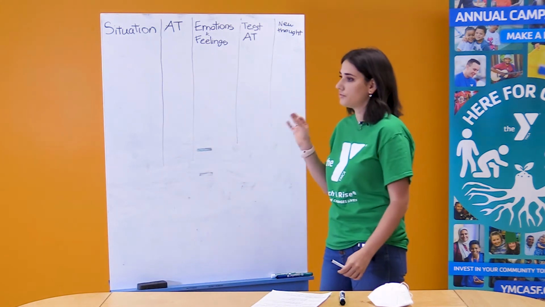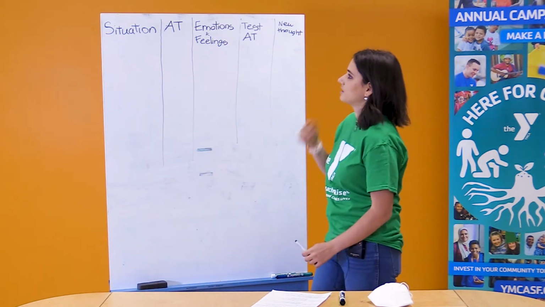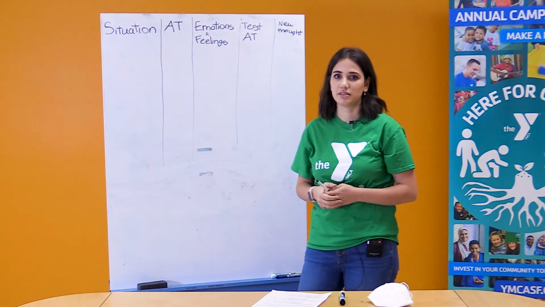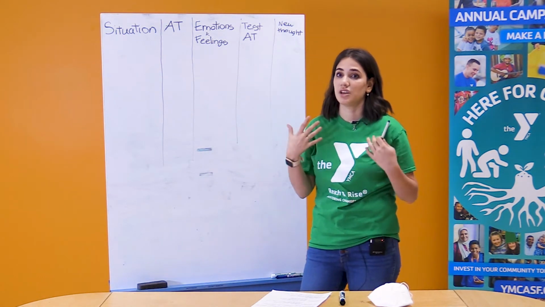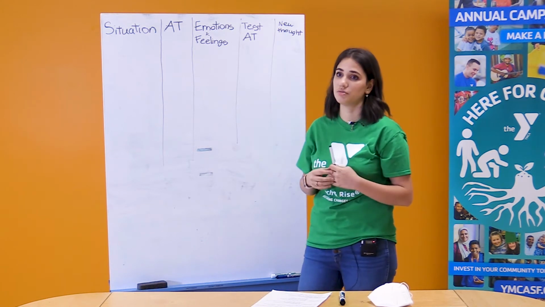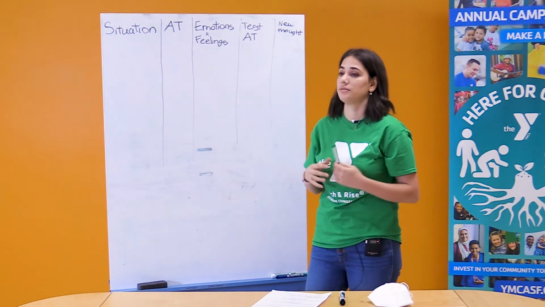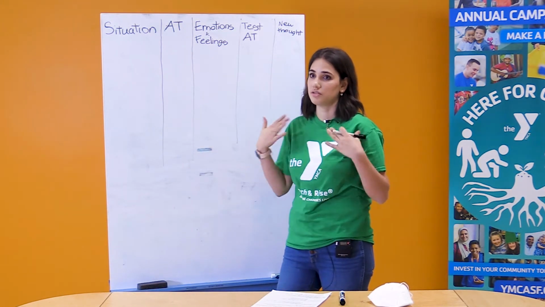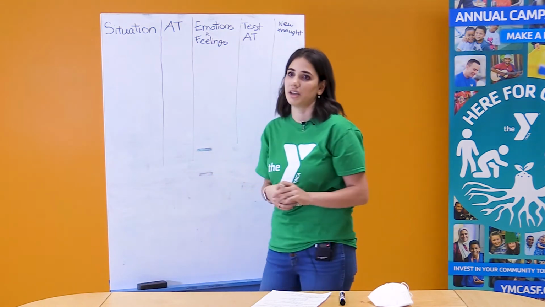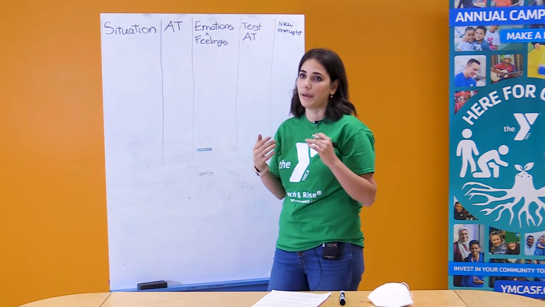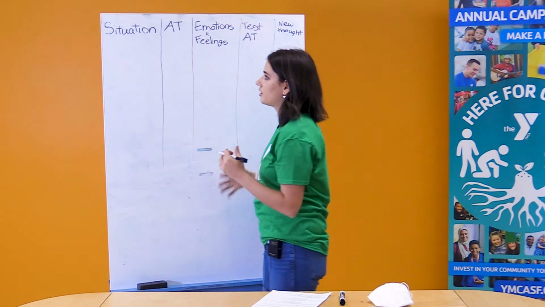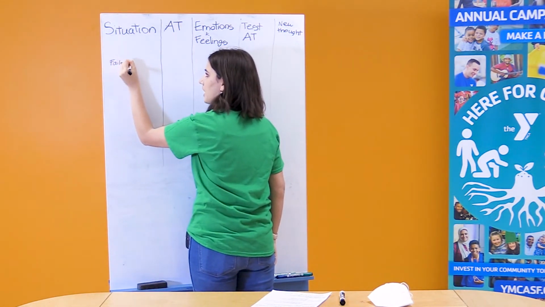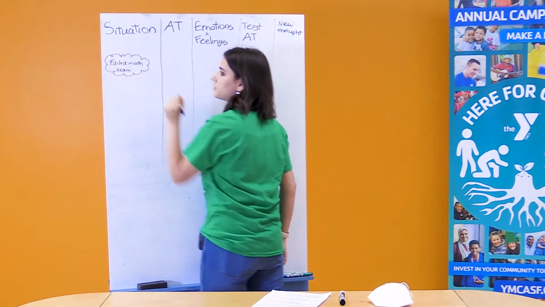Here I have the table, and first of all, you need to fill it out from left to right, and you need to fill out every piece of information on it. First, the situation. Whenever you feel depressed or sad, or you notice a change in your mood, you have to write down what situation led to your distressed feeling. I have an example: one situation that was very distressing to me was when my teacher gave back my grade in math and it was a D. So I'm going to write down failed math exam. So this is my situation.